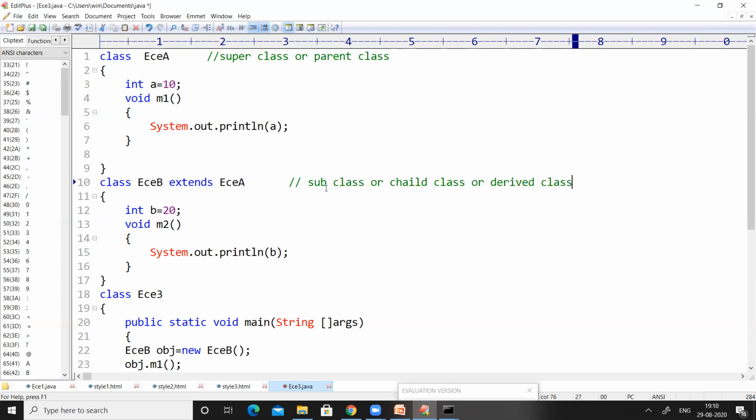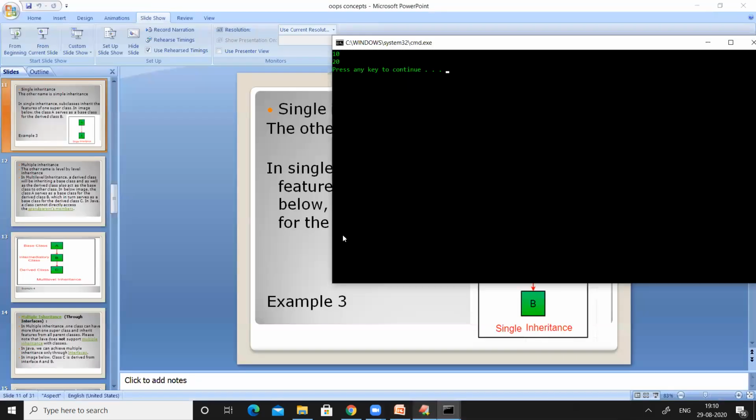Because it is going to use the properties of A, that's why it became the subclass and A became the superclass. Right now, I think everyone got some idea regarding single inheritance.